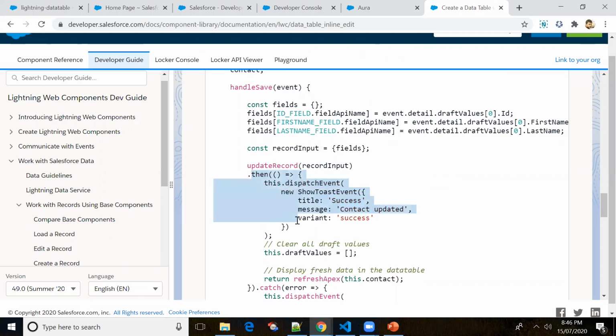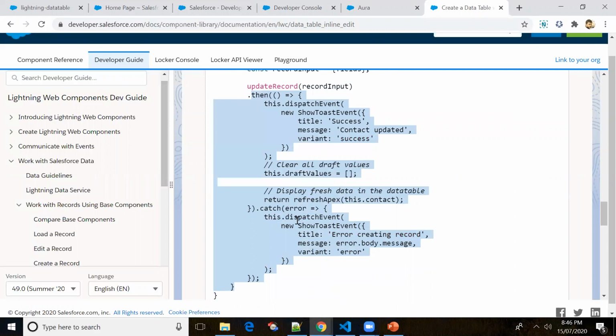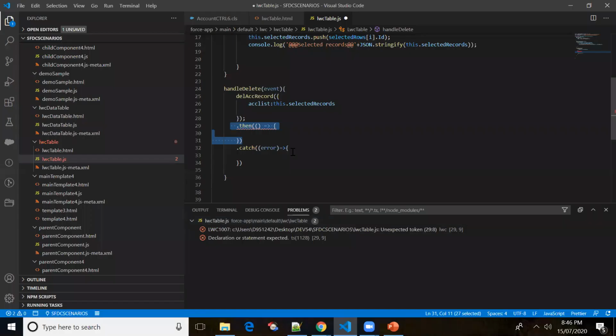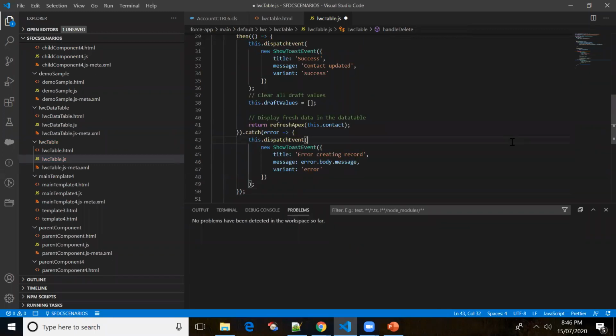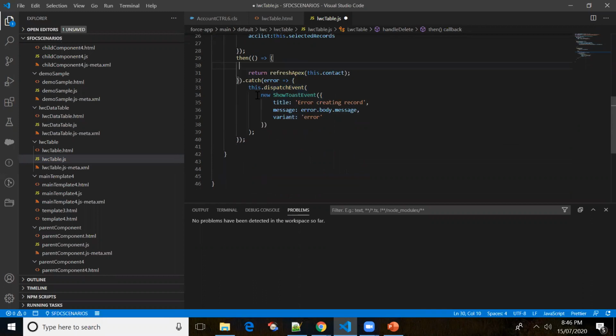Let me copy this. Then we'll just be editing it. So then catch. Let me remove this, we don't need this. Let me remove this as well.